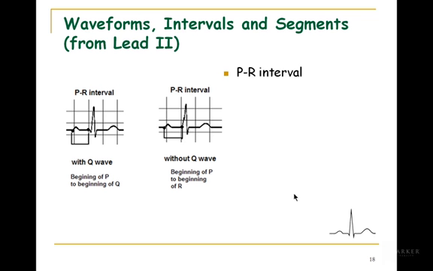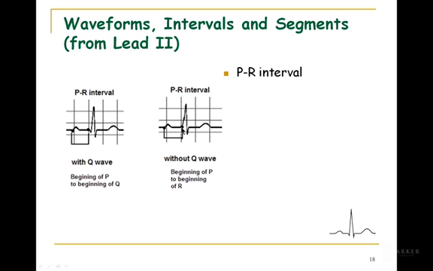Now, the PR interval corresponds to the beginning of your P wave to the beginning of your QRS complex. I have to emphasize again, beginning of the P wave to the beginning of the QRS complex. If you do not have a Q wave or an S wave, we're still going to call it a QRS complex. If you have a Q wave, you would go from the beginning of the P to the beginning of the Q, before we move away from baseline. If you don't have a Q, we go from the beginning of P to the beginning of the R,